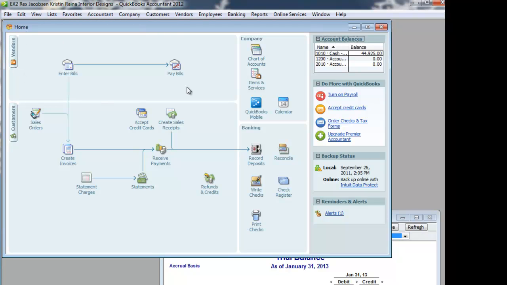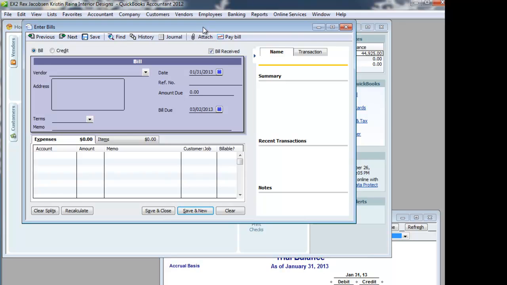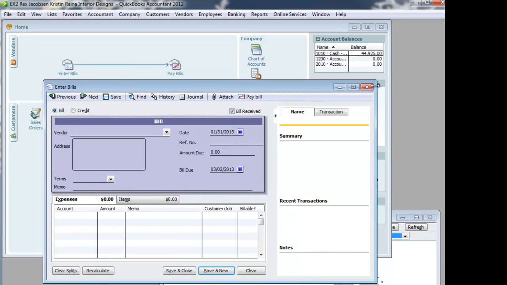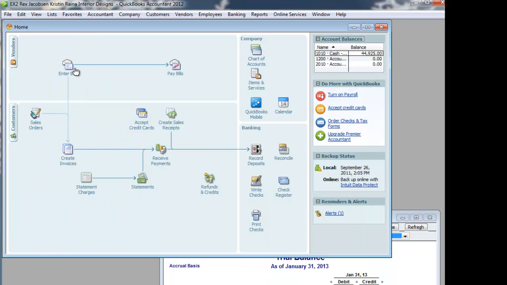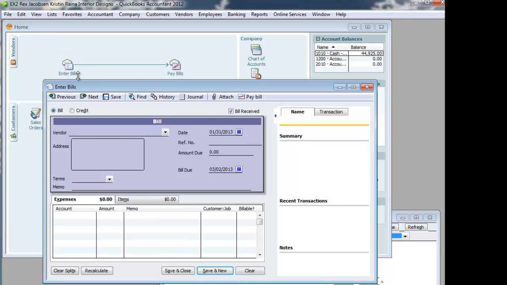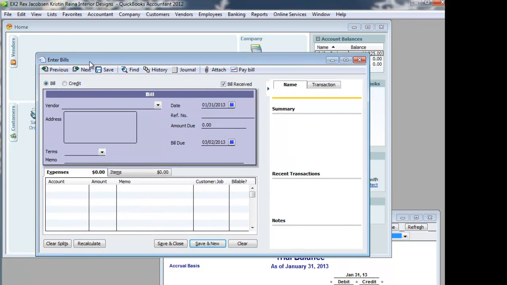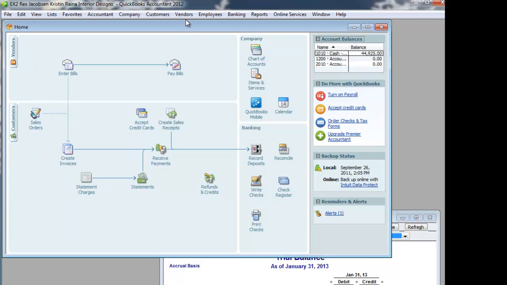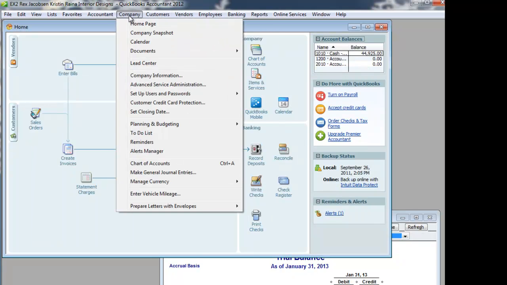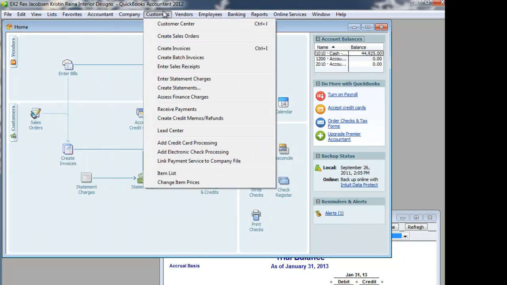Vendors. Notice this is our vendor section. So our vendors, we could enter bills. Notice we have Enter Bills here and Enter Bills here. Let's open this up, and the Enter Bills window opens. I'm going to close this, click the Enter Bills icon, and show you that it takes you to the same place. So what this book is going to do is show you how to use these menus, which for some people is not very intuitive,